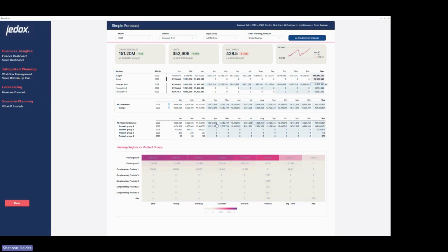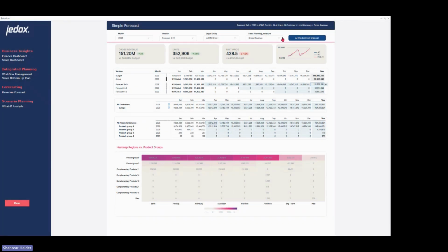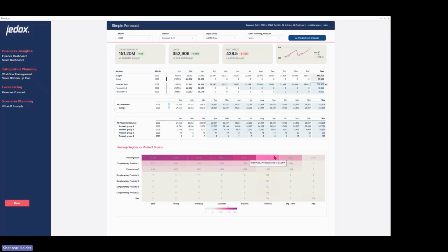At all stages, what Jedox offers is an audit trail, which means that if any changes happen within your report, say to the number of units, you can have a full audit trail of that: the time, which user made the changes, what amount, what function was stored, and so forth. This is really powerful, especially when you're facing auditors and they're asking a whole lot of questions. You have the full history of what exactly happened within the process, and you can just provide the information to them. You can export all those changes as well in a separate report where you have full